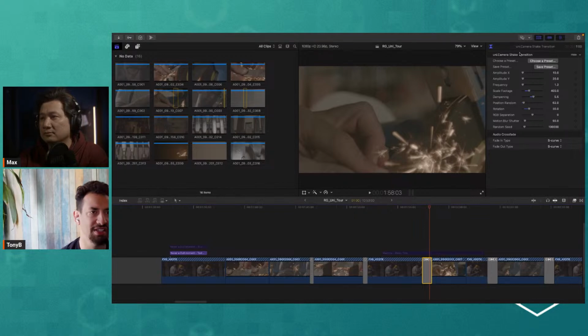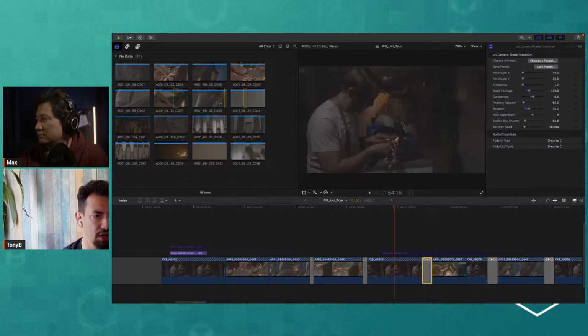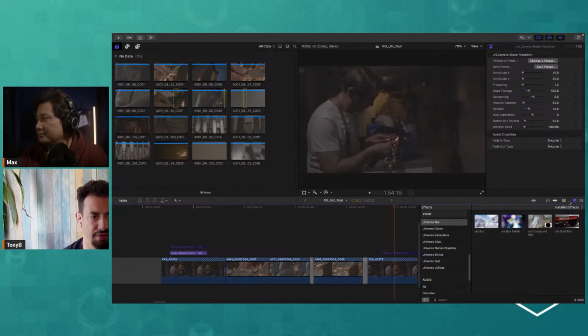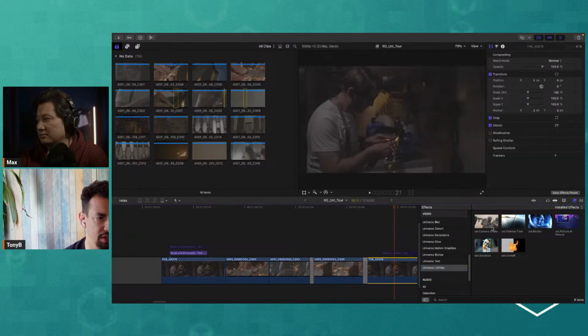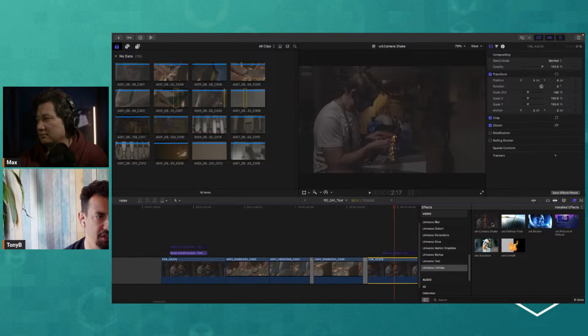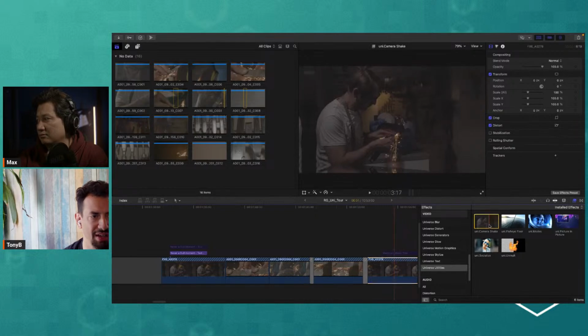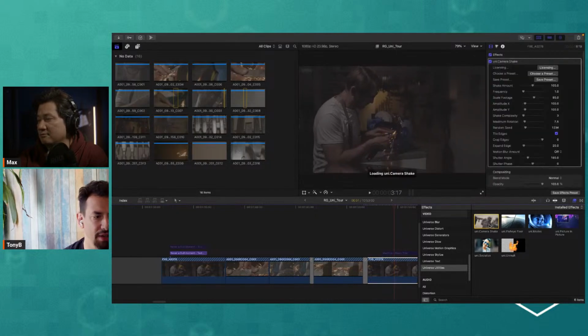This goes back to what I was saying before, when you look inside your effects browser and just scroll across some of these. Let's go to utility and look at camera shake here. When I drag across, I'll just highlight this clip, and if I drag across, it's just shaking the camera. There are so many different ways to use it. You don't have to use it just like that. So if I apply that to this clip and I choose a preset,